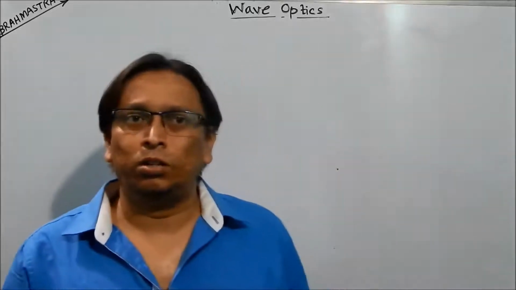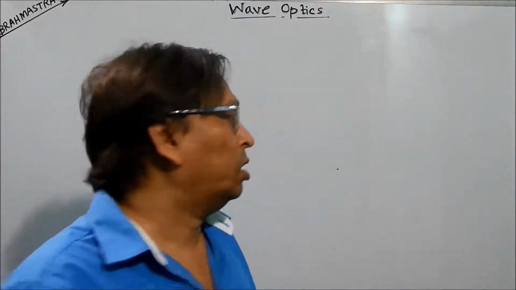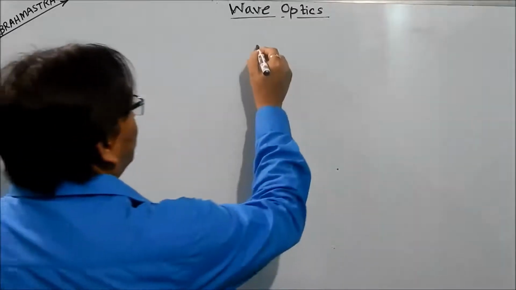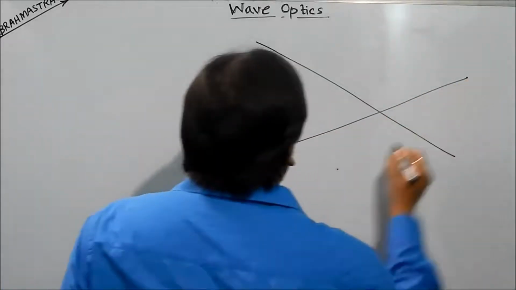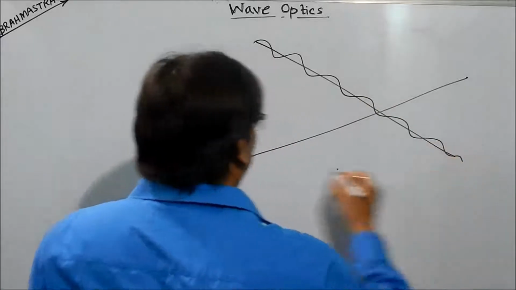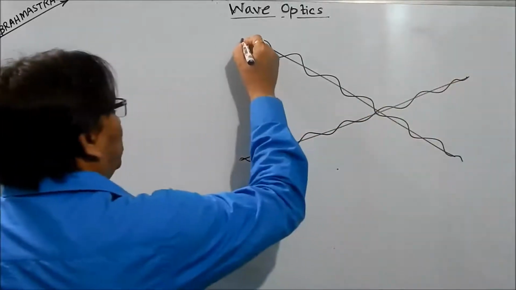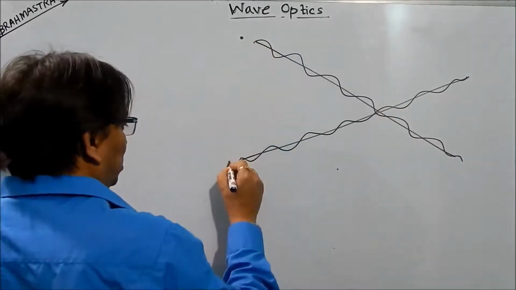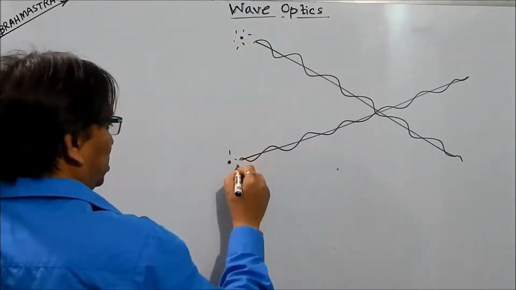Now we will discuss the superposition of two electromagnetic waves, especially light waves. So these are light. Suppose this is one wave and this is another wave. This wave is coming like this and this wave is also coming like this, and these two sources, this is one source, this is another source of light. So these light sources